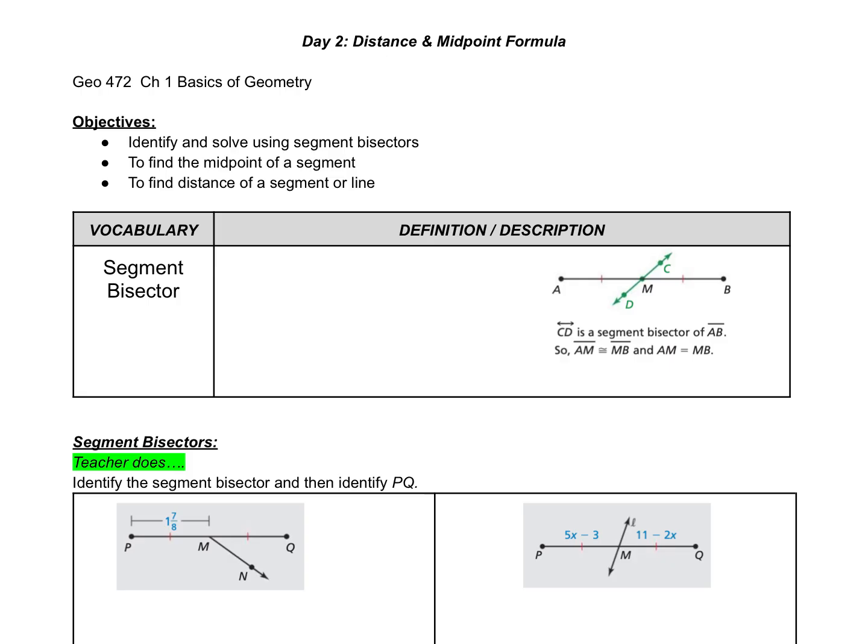Okay, segment bisector. First thing I want to talk about is, what does the word bisect mean? Bisect just means to cut in half. So bisect is the idea of cutting in half. So when we say segment bisector, we are bisecting a segment. So we are cutting a segment in half. So a segment bisector is any object